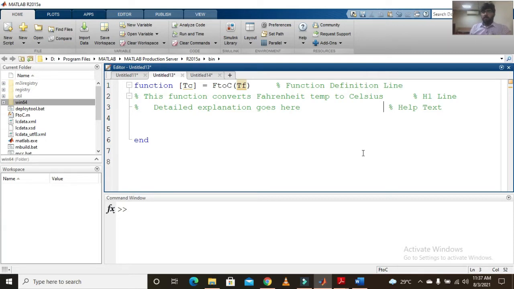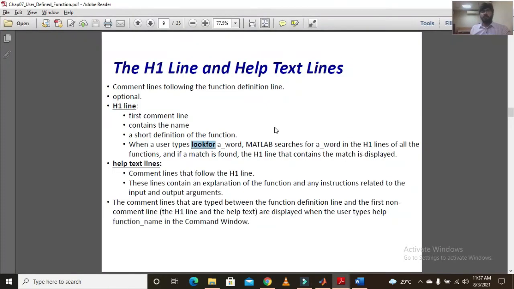Now the help text lines. When you use the help command, it is going to check not only within the H1 lines but also the help text as well. The lookfor command is only going to check H1 lines. The help command is going to check the H1 line plus the help text as well.